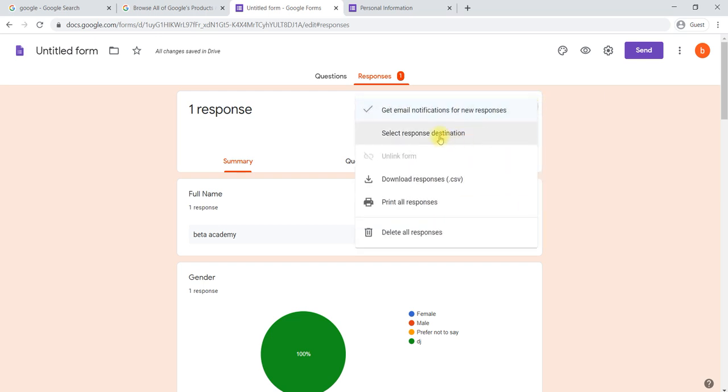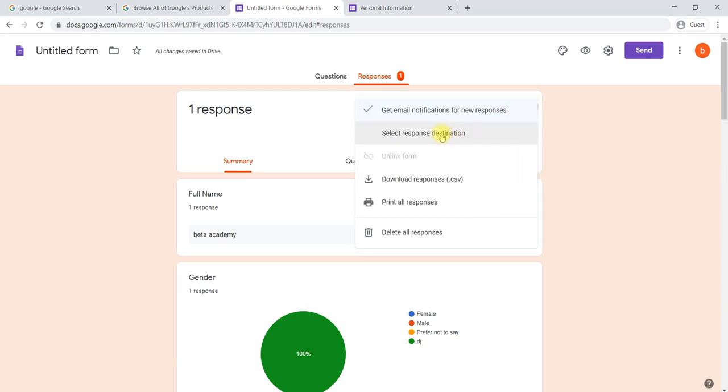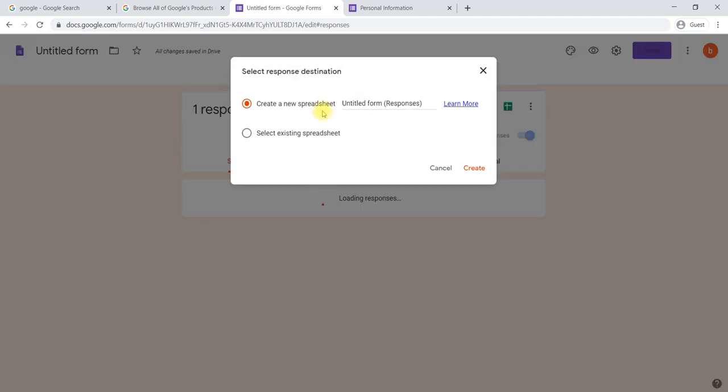And select response destination. If you would like to keep all these records in a Google Sheet, all the questions, answers and their responses to be recorded in a Google Sheet, then we have to select the three dots, select response destination, and create a new spreadsheet.